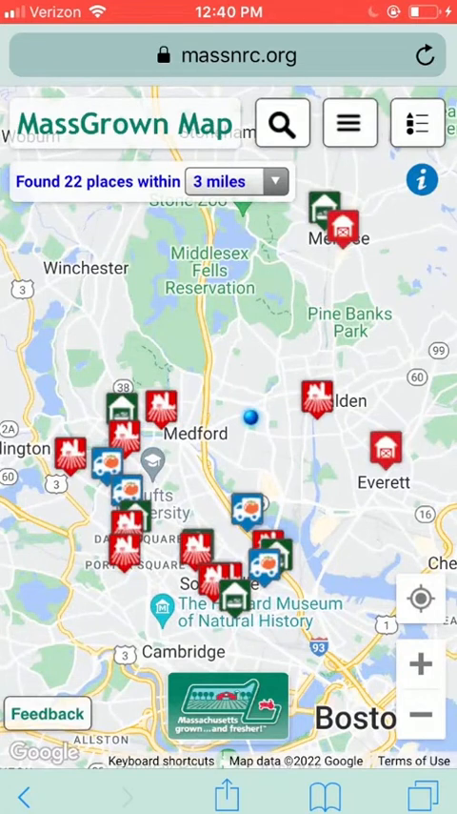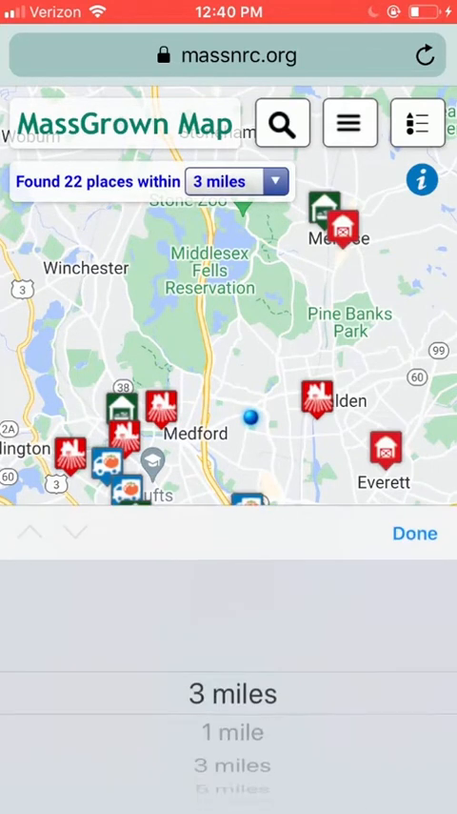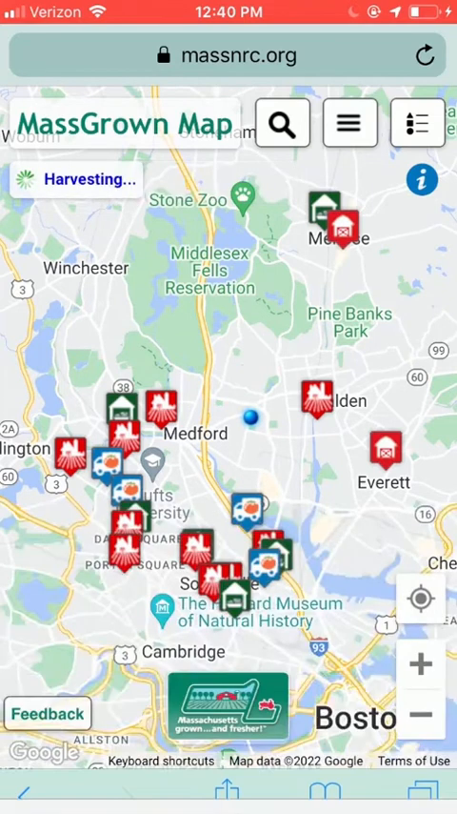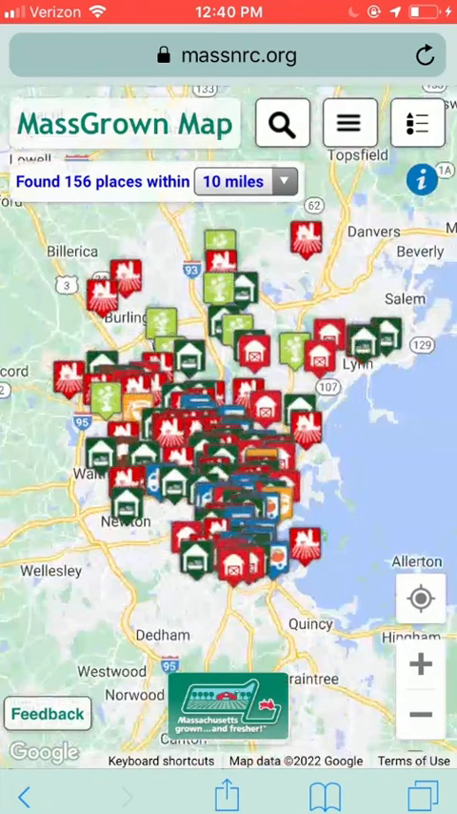The map defaults to a 3-mile radius from your location. If you want to change the search distance, use this box in the top left of the map. Let's select 10 miles. In the search box,